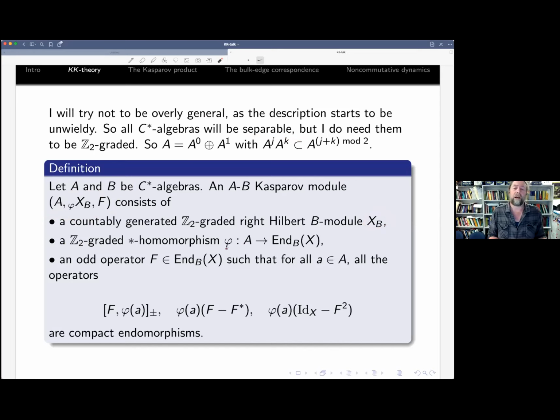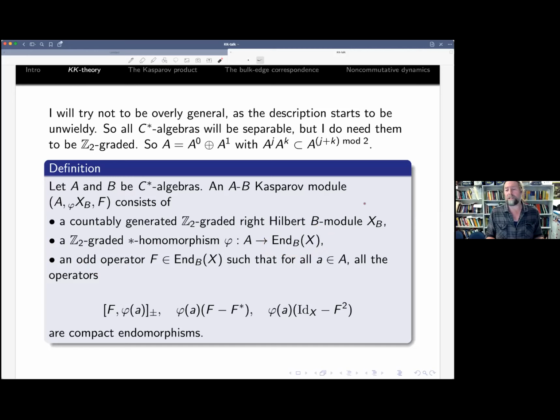You have a homomorphism, which allows A to act on this module. So this End here is the B-linear operators on X which have an adjoint for your inner product. And not all B-linear operators do. But,